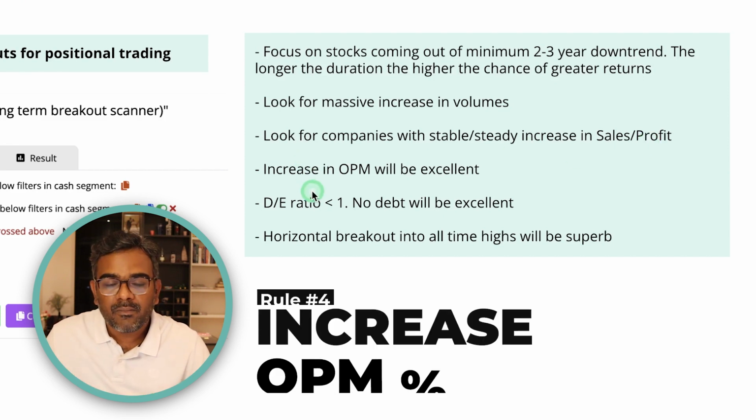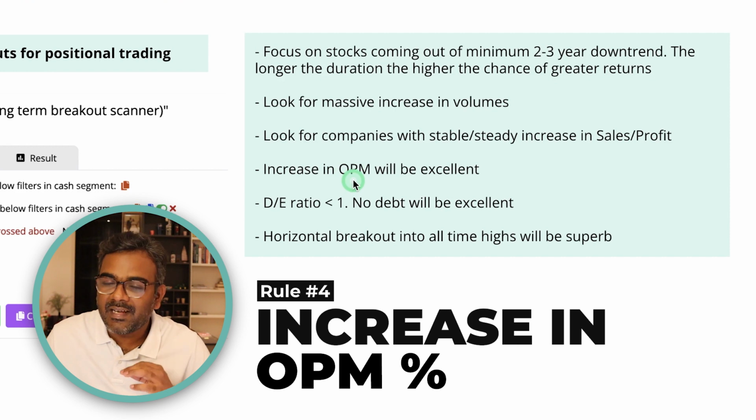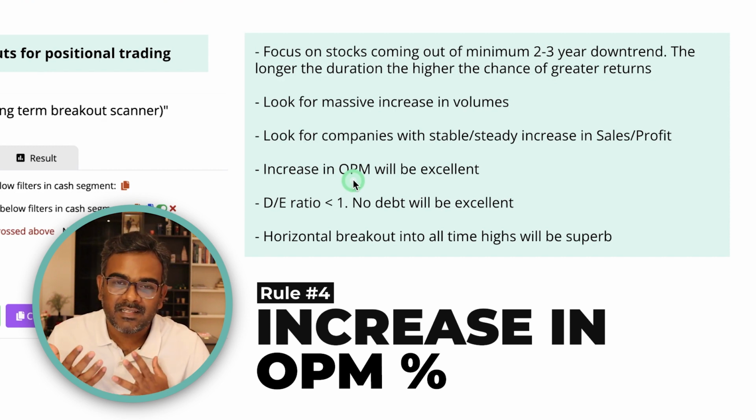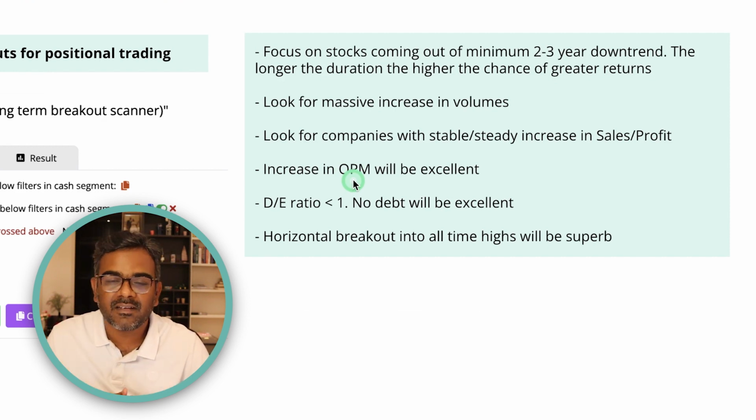Now, if the OPM, operating margin, is also good, that will be excellent. If there's an increase in operating margin, let's say the company has been doing an operating margin of 10% in the last 5 years, but suddenly this year they're doing an operating margin of 12%, which is a 20% increase, which means some of the operational efficiencies or some of the operational cost cutting that they've been doing is working for them and it's improving. And remember, these companies will tend to increase operating margins, and the PAT will increase drastically,